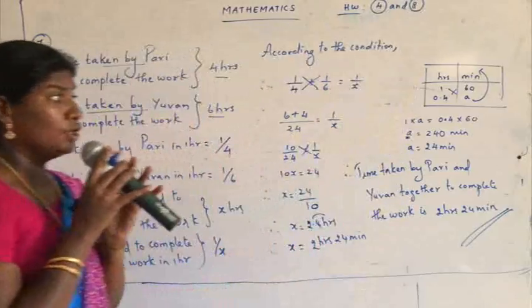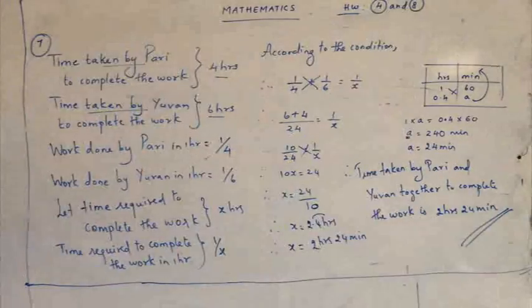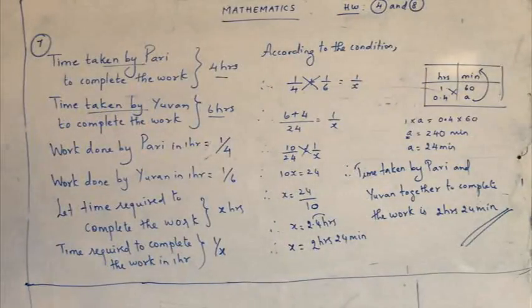Try out the sums. You cannot say that you don't know any sum. You have to just refer to your 9th books. For the 4th sum, you just have to use the identities that you have studied. And for the 8th sum, just follow the statement, put the sum in the word problem format, and complete the answer. So we have to do 2 sums as homework. Your homework is sum number 4 and sum number 8.